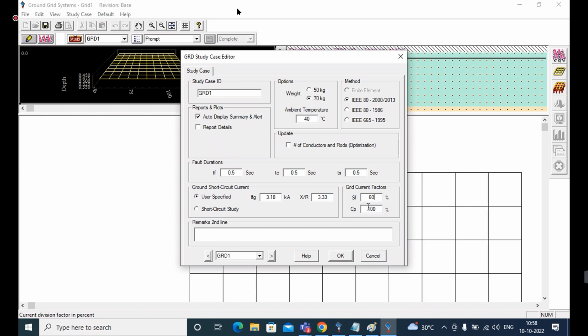Based on the surface factor, the output will be affected. Based on the fault current, and based on the conductor square mm, the output will also be affected due to these kinds of changes.